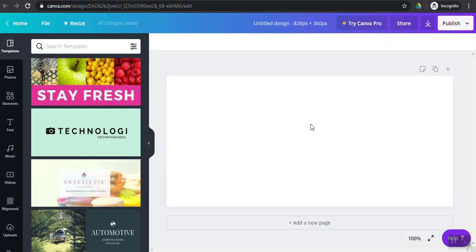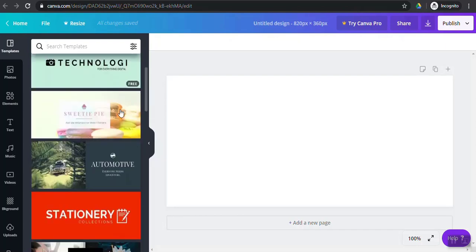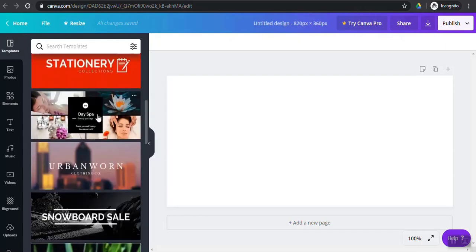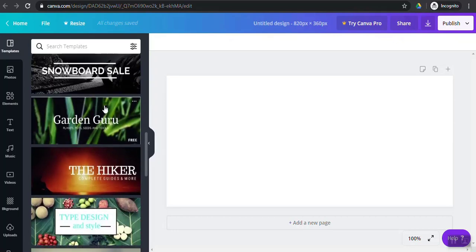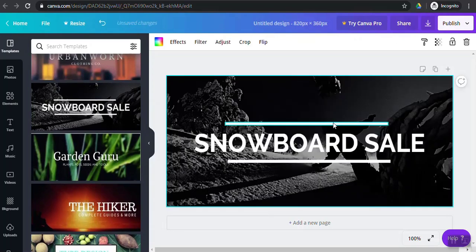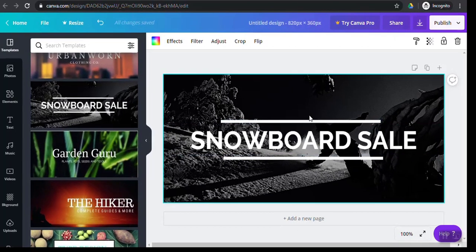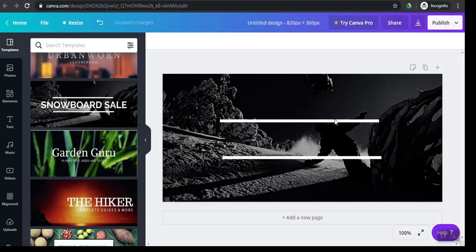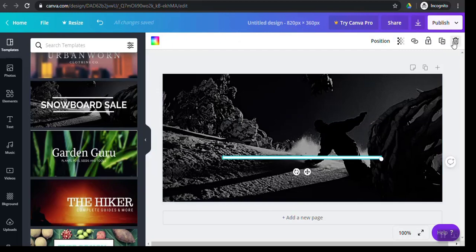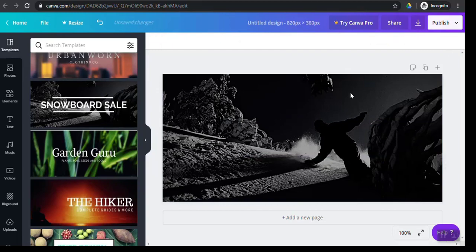First of all, we will see how to use the inbuilt templates. For this, we will go into the templates menu, which is already here. Select one of these if you like anything. You can ignore the text. The text can be deleted or updated. So if you like any of these backgrounds, just click on it to select it. For example, if you select this, then go to the image, select the text, and delete the text by clicking on the trash icon. You can also delete these lines by doing the same. That's it. Your background is ready now.